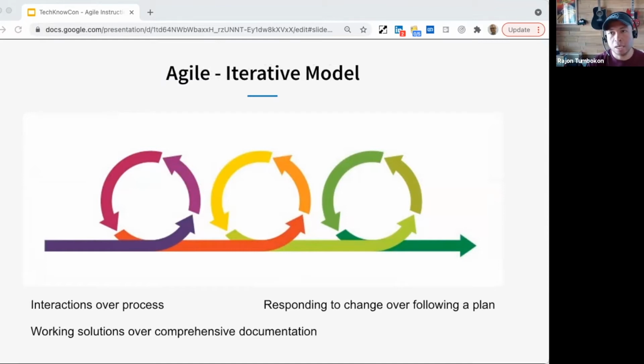All right. So Agile enables people to make incremental changes and improvements based on a prototype by generating quick feedback and learning from observations of how other people respond to that prototype.